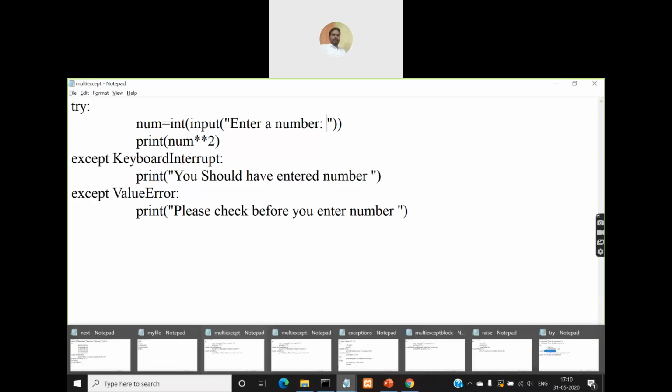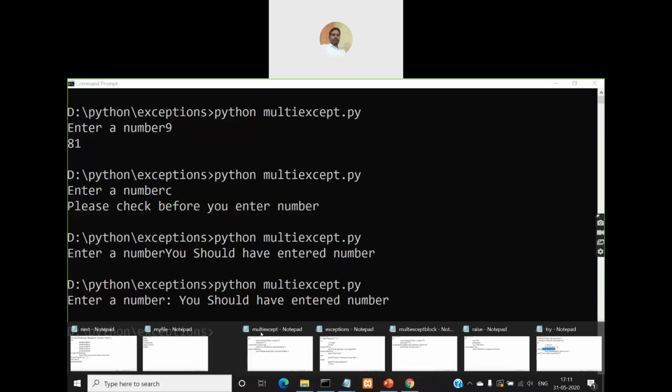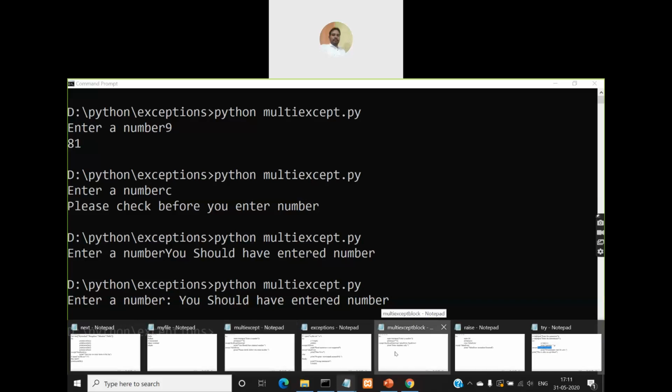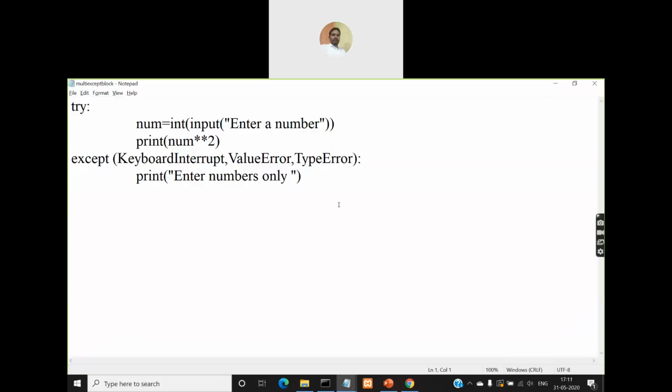And in the morning we have discussed also that a single except block can have multiple exceptions, right? So let us see how to use that. With a single except block, use multiple exception types.